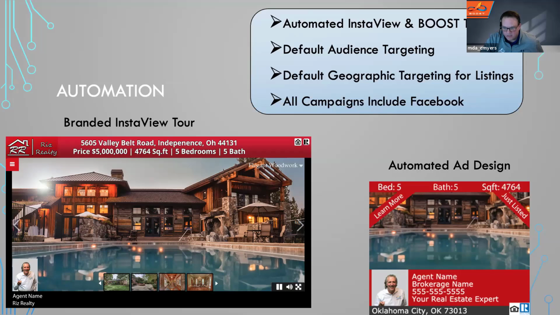Listing presentations, again, are a 15-mile radius, and for the agent campaigns, you can select up to 3 zip codes for one low price, which we'll get into a little bit later, but that is a major difference, again, amongst our competitors. Within listing campaigns, people can click on the ads and be taken to the interview tour or any site that you'd like. You don't have to take them to the interview tour.